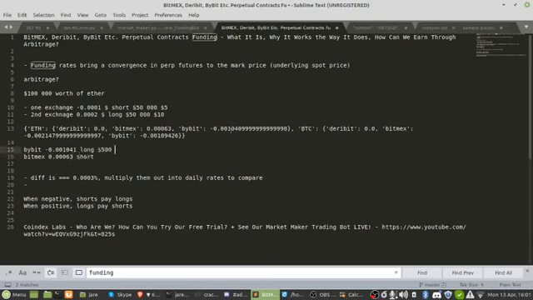Let's say we had $50,000 in each, which isn't a far cry for some investors, institutional, retail. What we'd get is